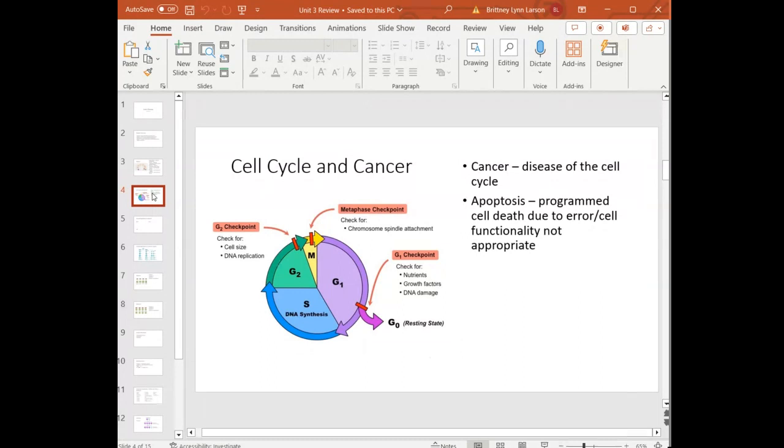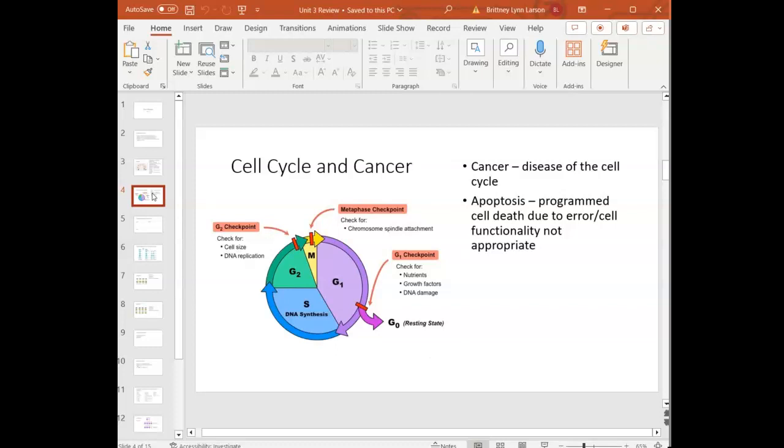So if it skips the checkpoints and keeps dividing out of control, it's cancer, and that's just a disease of the cell cycle. If that cancer cell moves throughout the body and metastasizes, then it becomes kind of a big problem. Sometimes we see tumors form, and those are benign. Either way, we would treat that person as if they had cancer